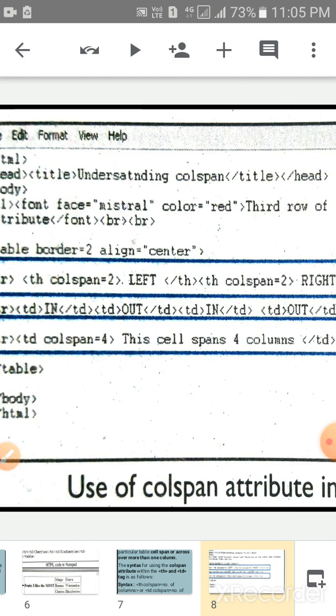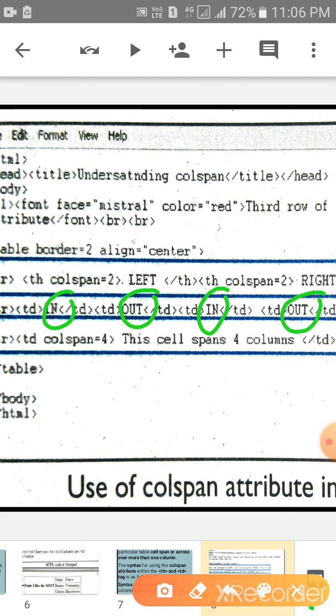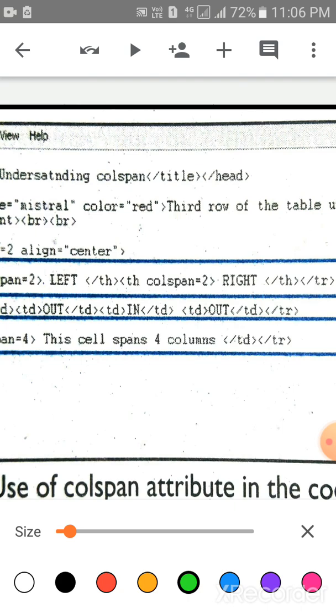Enter in, and again closing tag of td, again enter out, then closing tag of td, then again opening tag of td, enter in, closing tag of td, then again opening tag of td, write down out and closing tag of td. Okay children, and lastly closing the table tag.